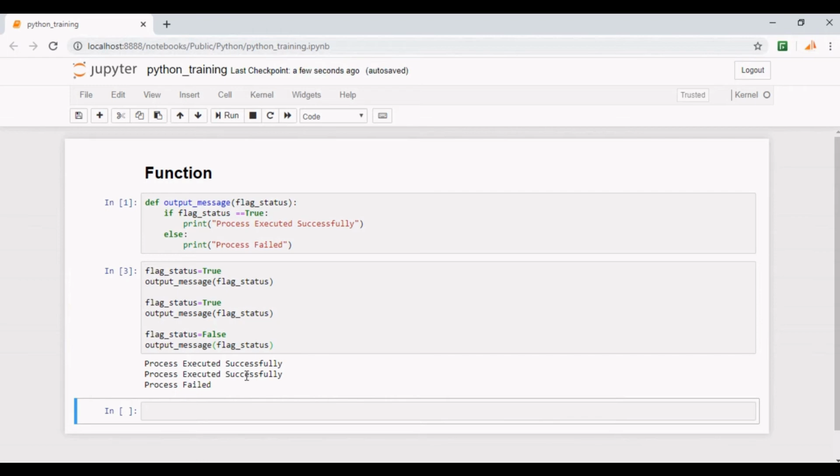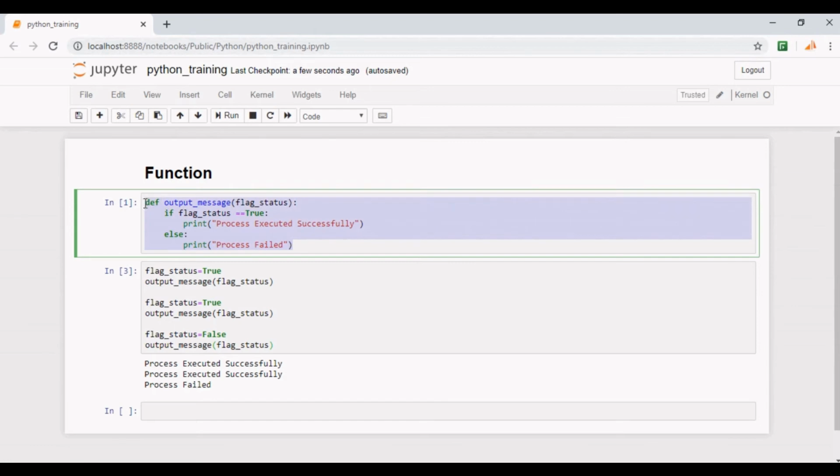Here we are simply printing the output, not returning anything from this function. Let's say you want to return this output string from this function. Then you can use a return statement. Let me replace this print statement with a return statement.